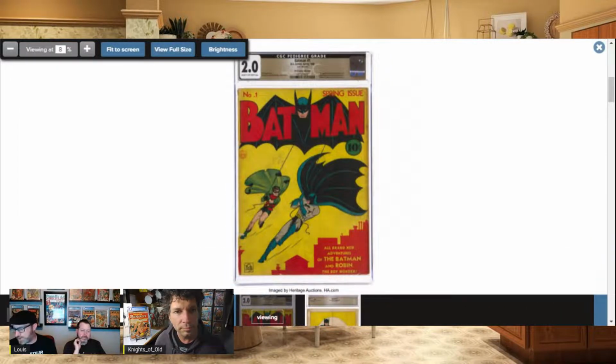So I want to point out a few things about that book, why I think this book is a good buy and nervous. One thing is I haven't seen a lot of Batman ones with that staining, foxing, whatever you want to call it, on the back. It's not really common for that era. But what is common